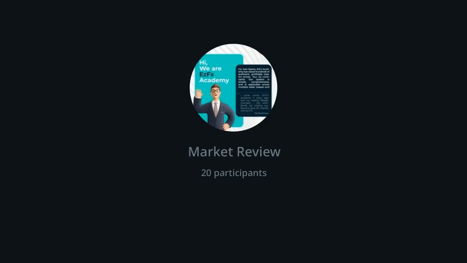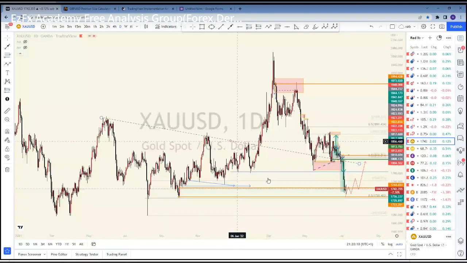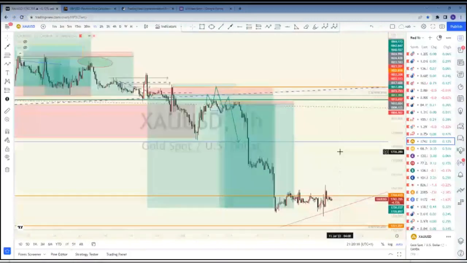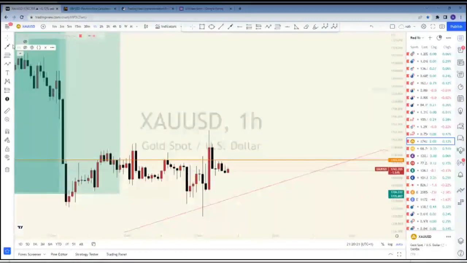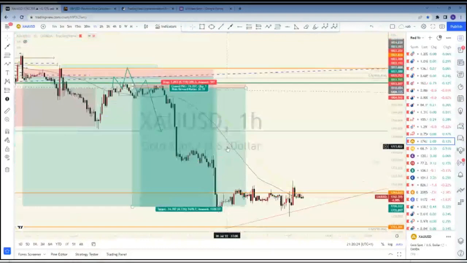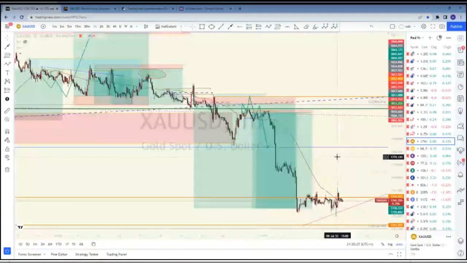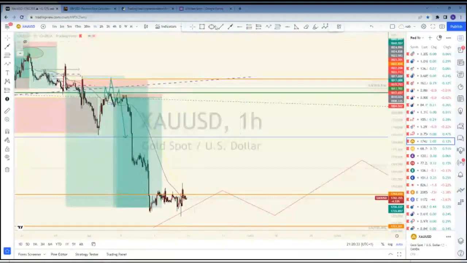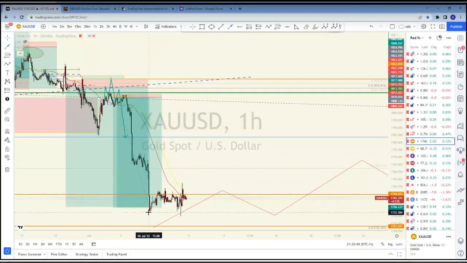So how do I interpret this for trading? Where should my entry point be? That is where the work comes in. In order to figure out a very reliable entry point on gold for the week, this is the 1 hour time frame. The first thing you need to understand is we have a trading range. We've seen a liquidity grab here, and we already have this as our trading range.